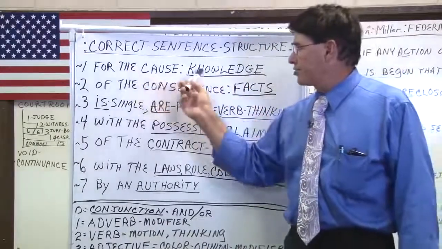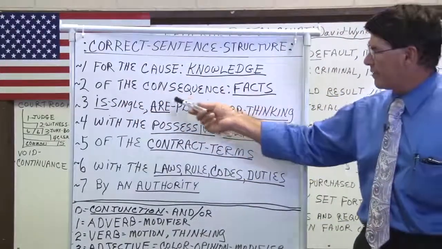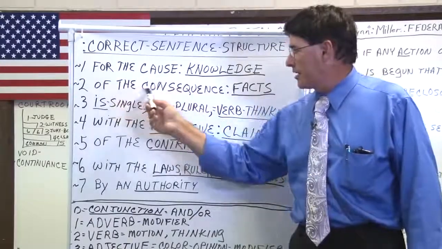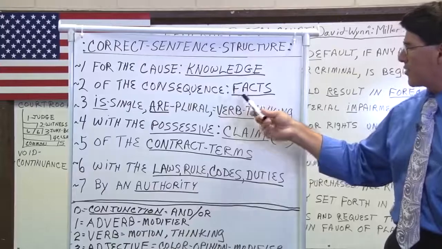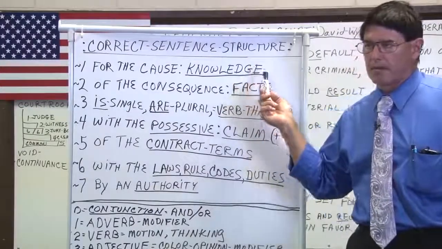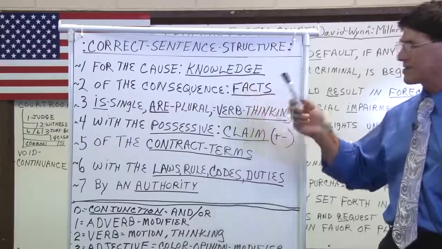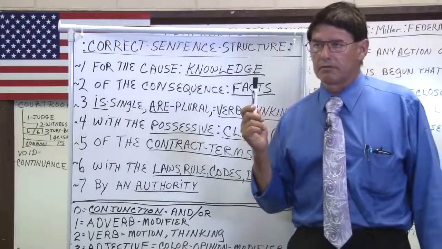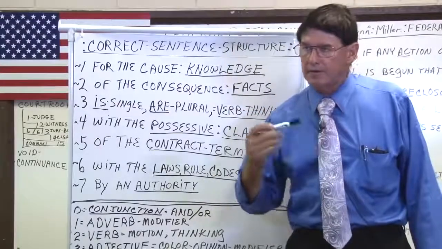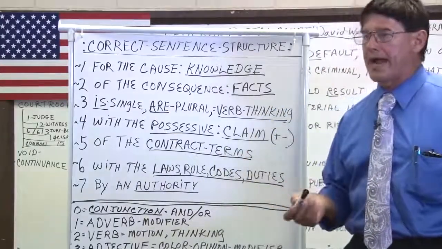Once you have established that you have a knowledge, you then have a consequence, which would be of the. For the is your knowledge, of the is your consequence. And the consequence is going to be how many facts have you established through your knowledge. Once your knowledge is established as facts in your brain, it's like a computer. In order to bring any information out of your brain or out of a computer, you have to think. And thinking then becomes the verb of action.